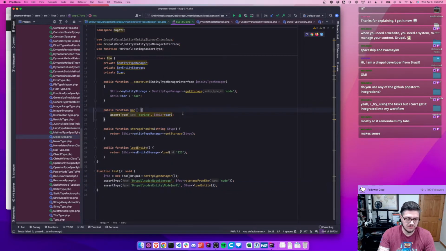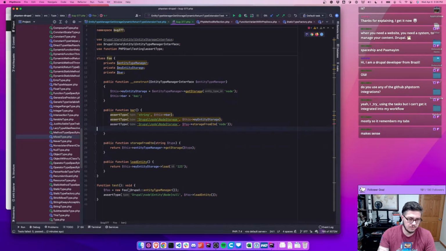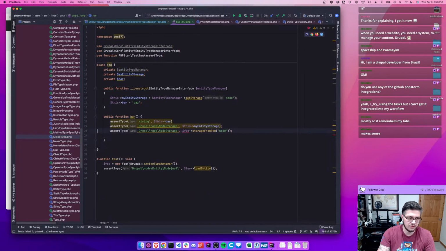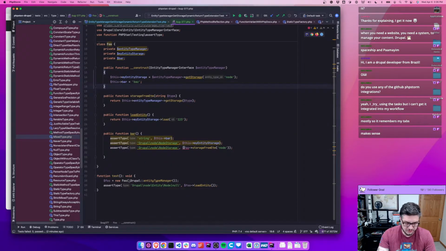Let's move this to here, and this will be this, my entity storage. We'll move these two methods above. And test this out. So this entity storage from ETM, but even if we did